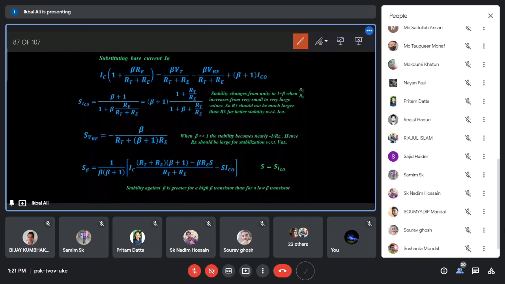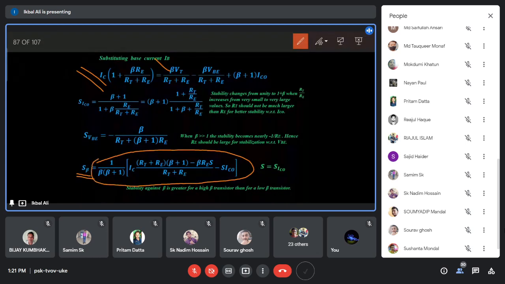Similarly, if you differentiate this equation with respect to beta, then you have to calculate del IC by del beta, and that will be this one. So the expression will be a little bit complicated, but this is the expression it will come. You can do it algebraically. There will be several steps you have to do, then you get this final expression. From these expressions also you look carefully. There's S beta.